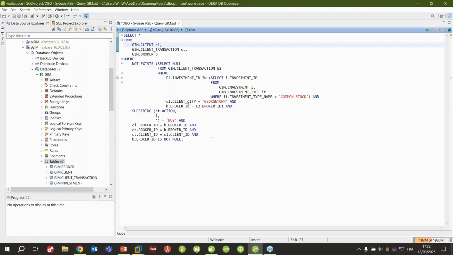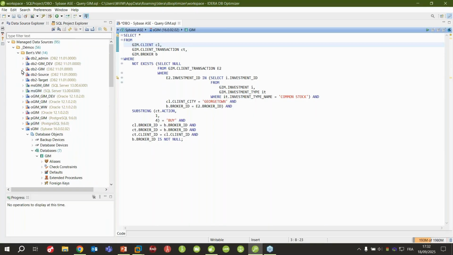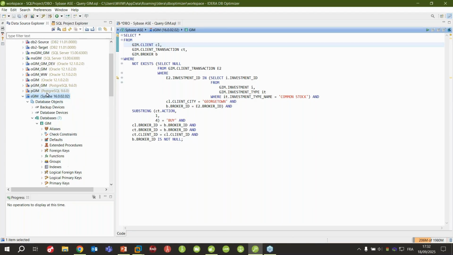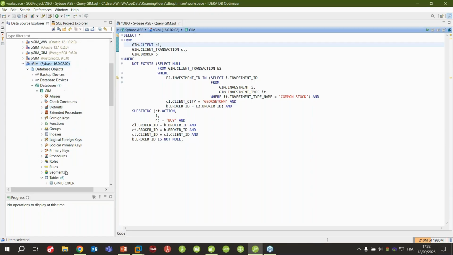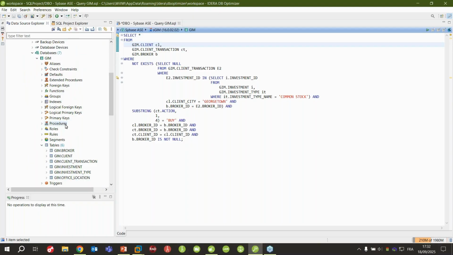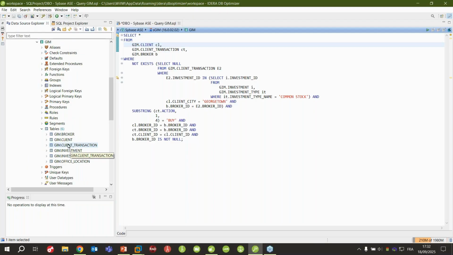And if we go now to DB Optimizer, so I am on my DB Optimizer, and we can see the different data sources are available from here. And I have, for example, my Sybase where I was just before. I can directly expand the node. I will see, like we have seen in DB Artisan, all the different kinds of objects that you can get in your databases.